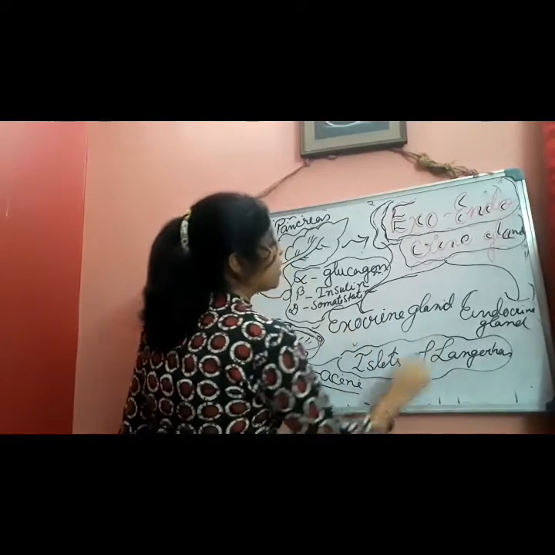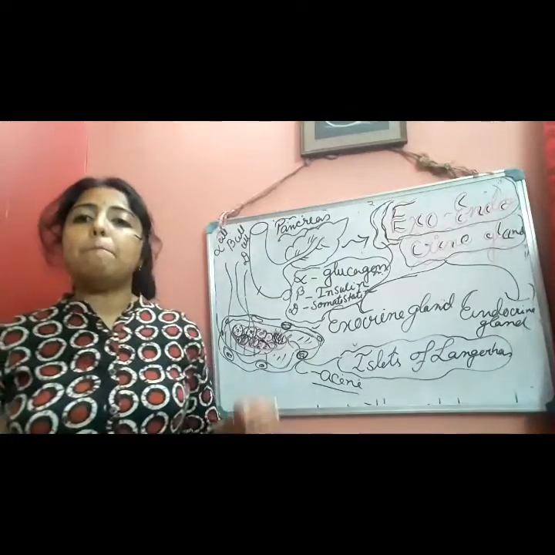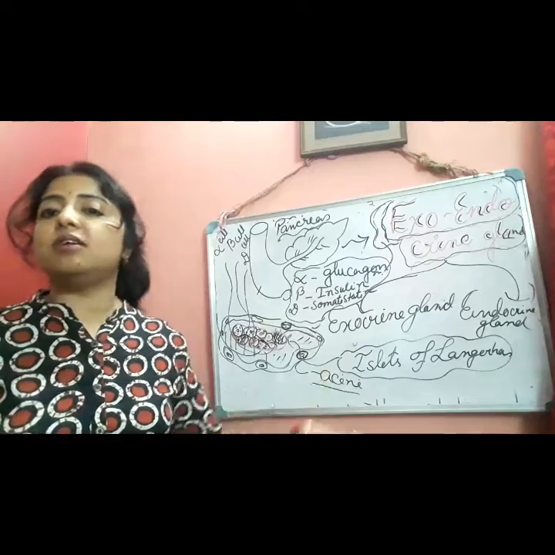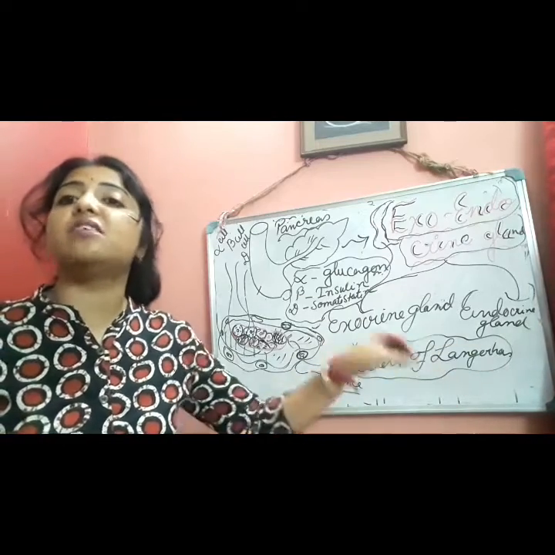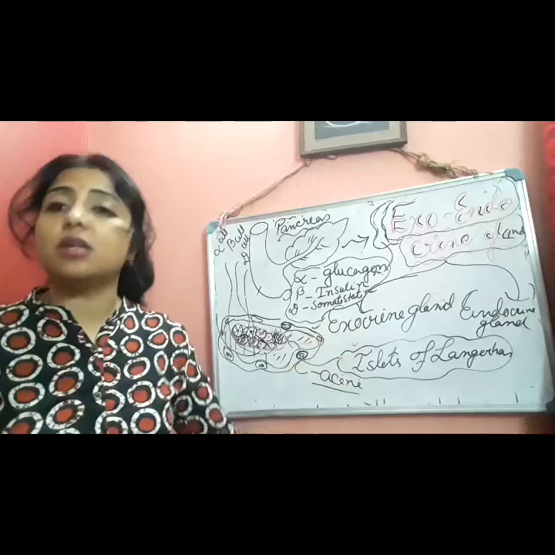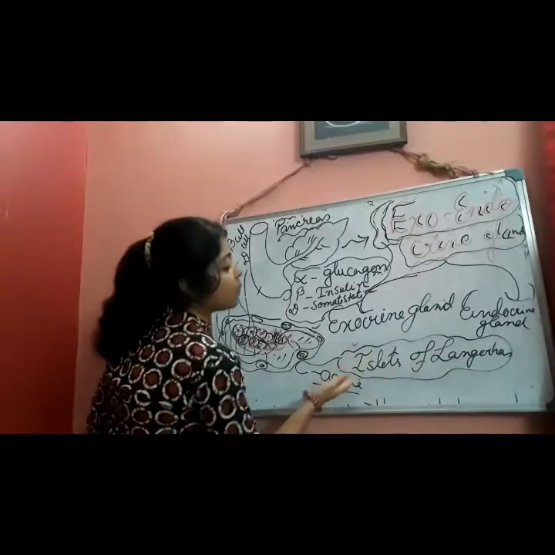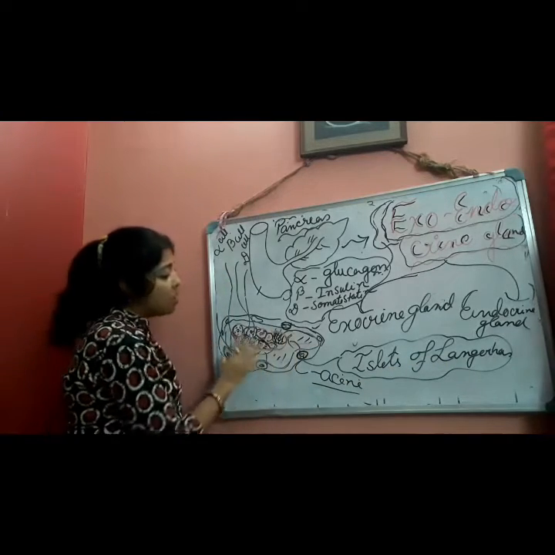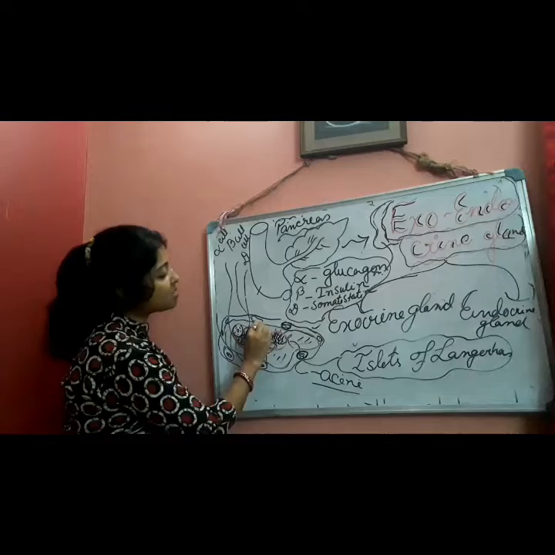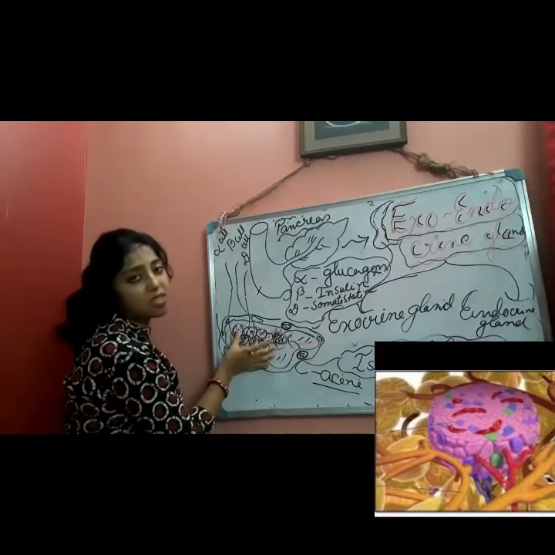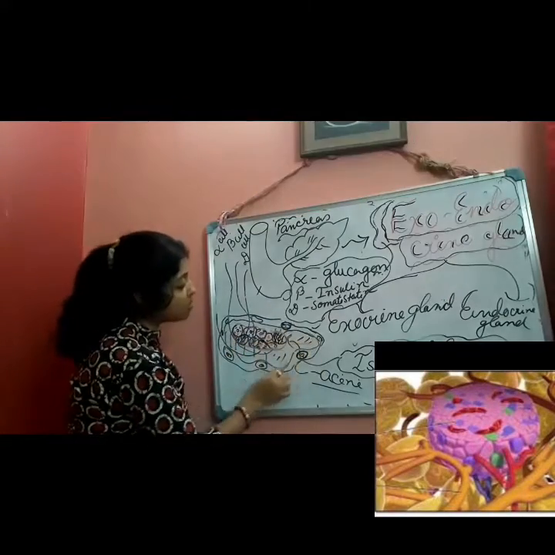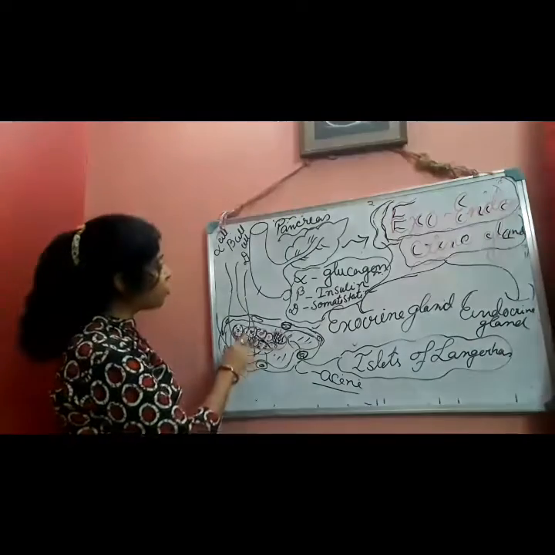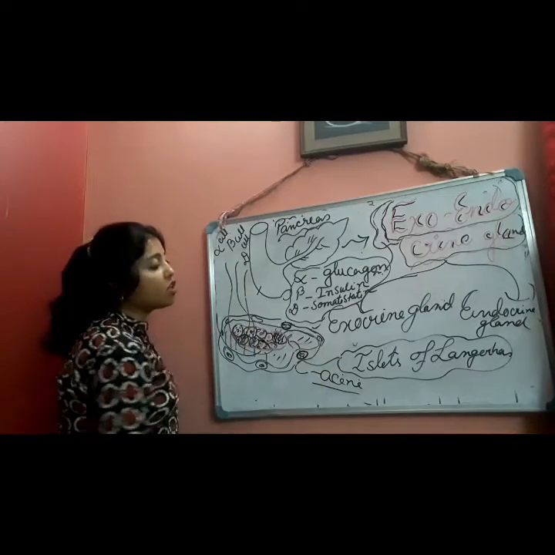Here, the exocrine gland is known as pancreatic acini. Some digestion-related enzymes will be secreted from this ductular gland because they have ducts. And this endocrine part is known as the islets of Langerhans. Here I have drawn a cross section of this picture. Have you seen the oval structures surrounding this? These oval structures are known as pancreatic acini, and this portion is known as the islets of Langerhans.